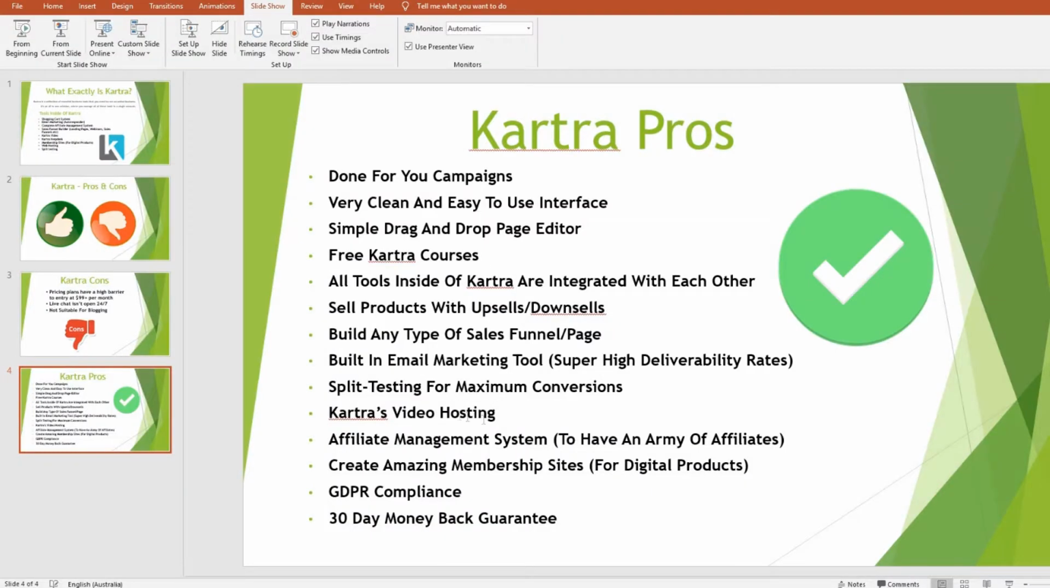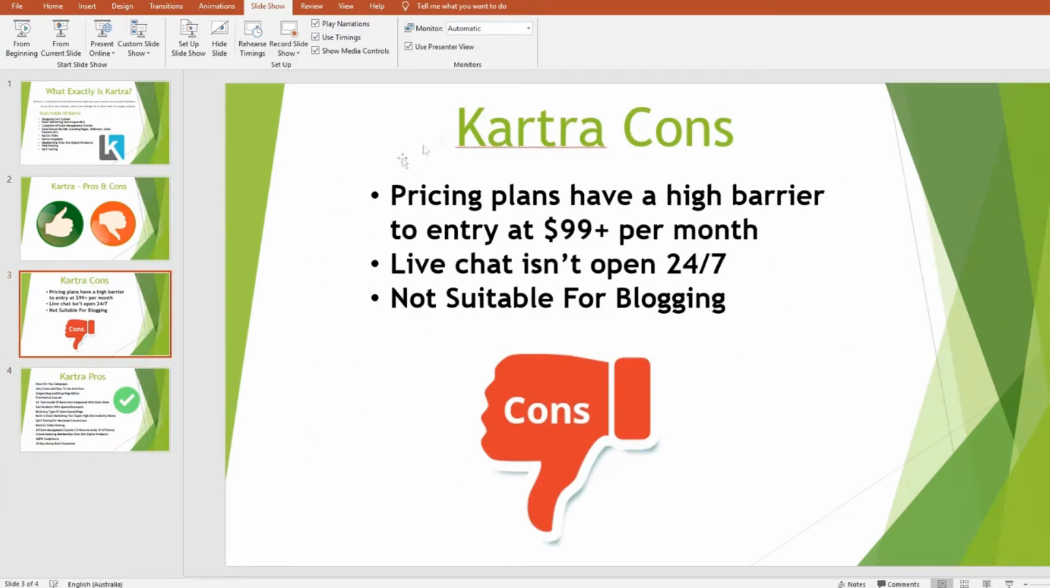And last but not least is that you do have a 30-day money back guarantee, and most softwares out there have a 30-day money back guarantee. So if you don't like Kartra, maybe Kartra isn't right for your business, you can always get your money back, no worries. And yeah, so we've gone over the Kartra pros, we've gone over the Kartra cons, and we've covered